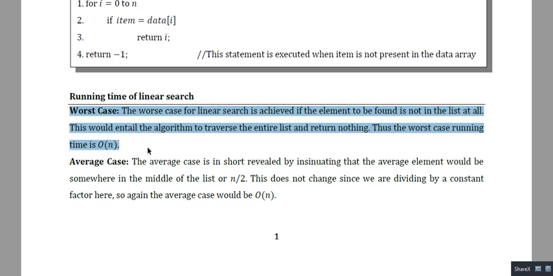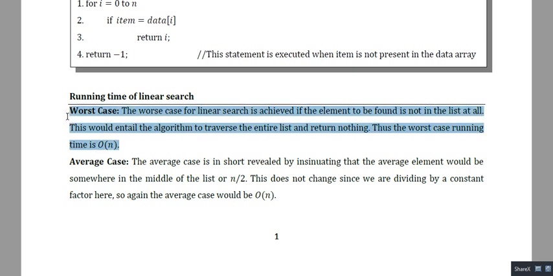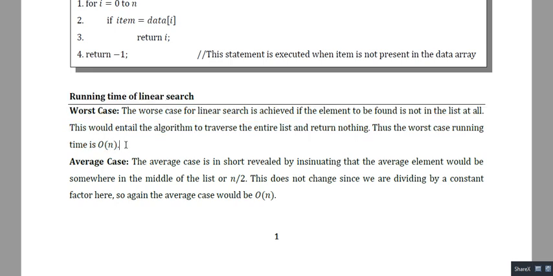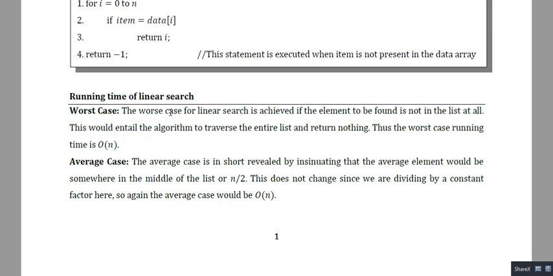In that case we are bound to make n comparisons for the searching operation to be completed. So we require n comparisons, meaning the time complexity will be order of n, right?